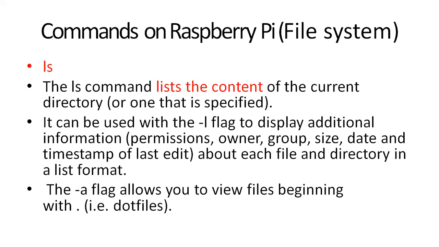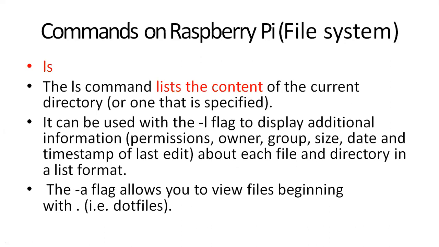In the XYZ folder, it will display what the directories in XYZ are, and then what the files in XYZ are. That means it lists all files and directories. If you need a long list, use the -l flag to display additional information. Long list information. What is the additional information in this case?